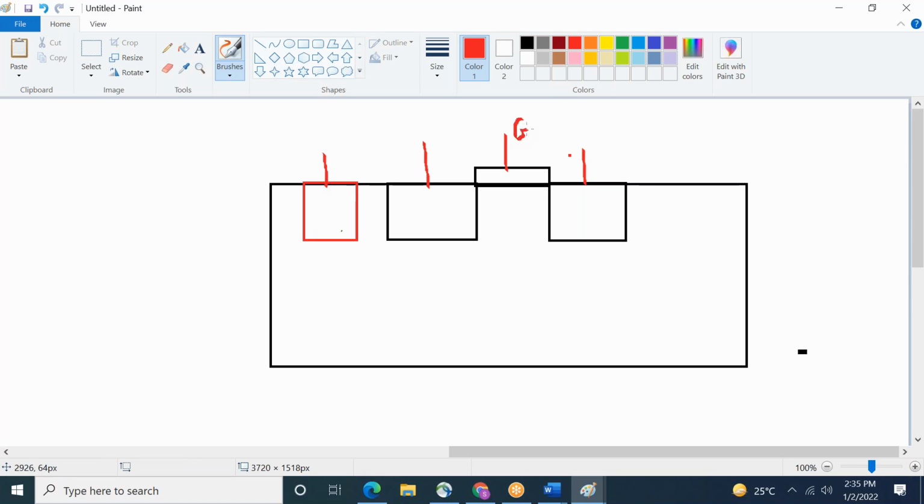So this is your gate, source, let it be drain. This is source. This is your body. Okay, so this is PMOS. So the body will be P plus. P plus means doping concentration. The plus symbol means doping concentration is high.